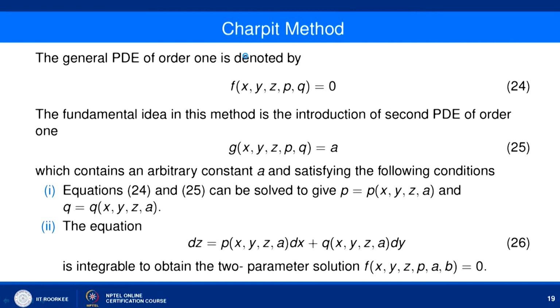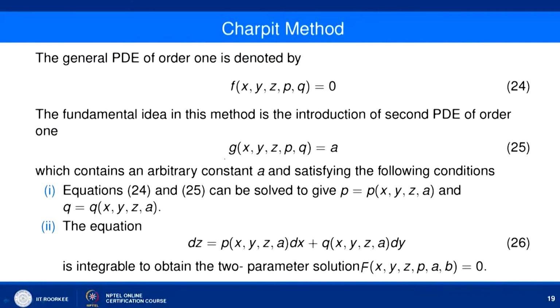So, now based on this, let us define an important method, that is Charpit method. What we try to do here, our aim is to find the complete solution of a first order nonlinear PDE, that is f of x, y, z, p, q equal to 0. So, here we want to find a complete solution of this equation, and how we obtain it is the following,